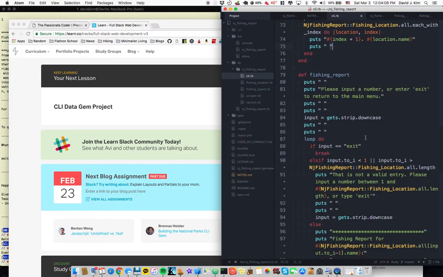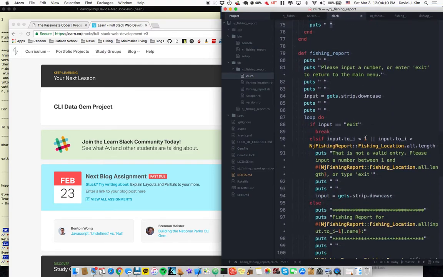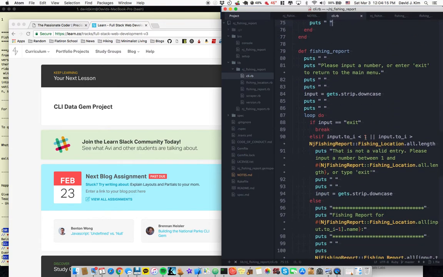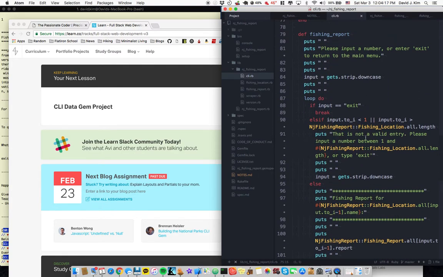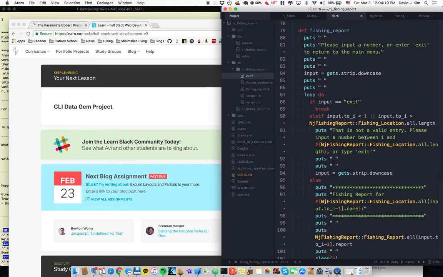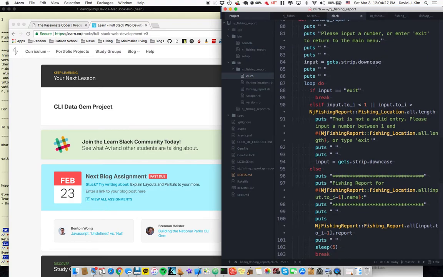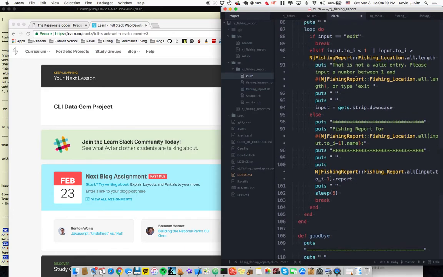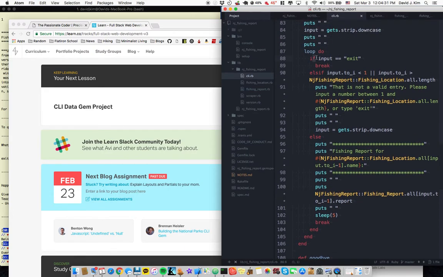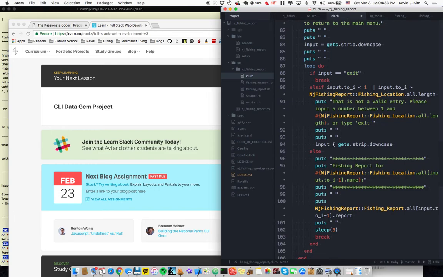And then after it puts that in, it asks to go one level deep. So after it lists the locations, it runs phishing report. Please input a number or enter exit to return to the main menu. Right here, it asks the user for input. Yeah, and so basically this logic here, this loop, if they type exit, it'll break and go back to the main menu. Else